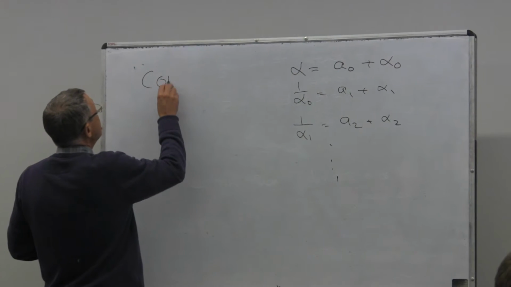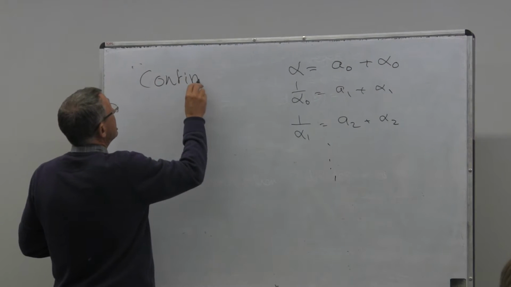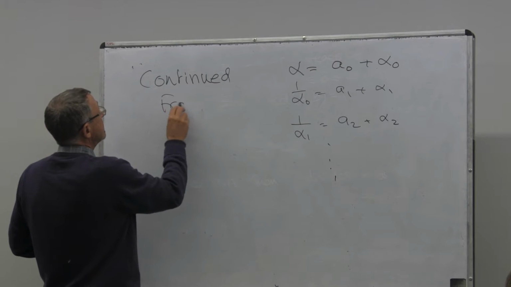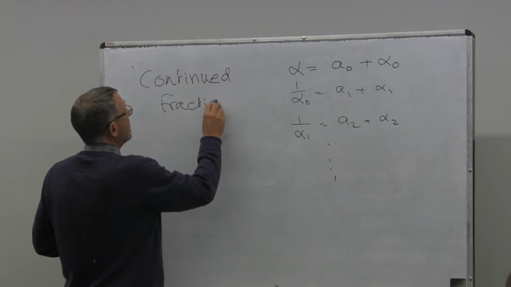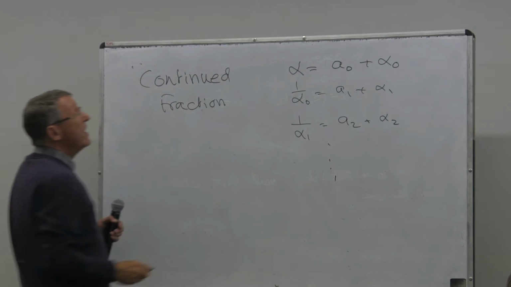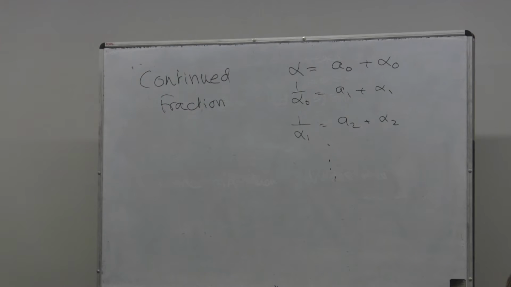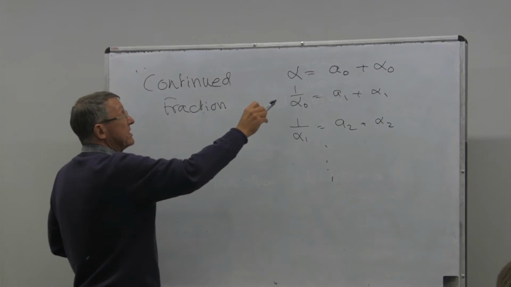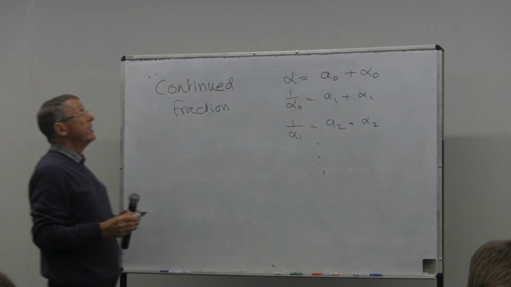This is called a continued fraction because we can substitute for alpha naught. We can put this alpha naught, substitute for each equation into the one